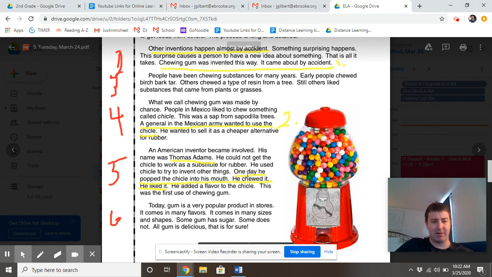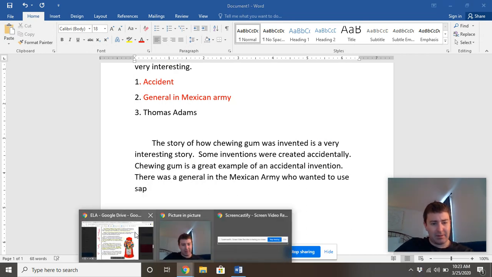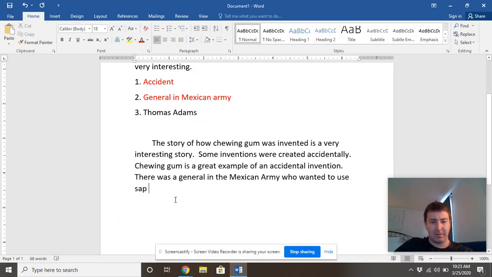I'm just going to kind of keep going back and forth. Who wanted to use, I believe it was sap. Yep. Want to make sure. Again, do what I'm doing. If you get stuck here, go back and forth. Make sure everything is right from the text. So we're saying there was a general in the Mexican army who wanted to use sap,